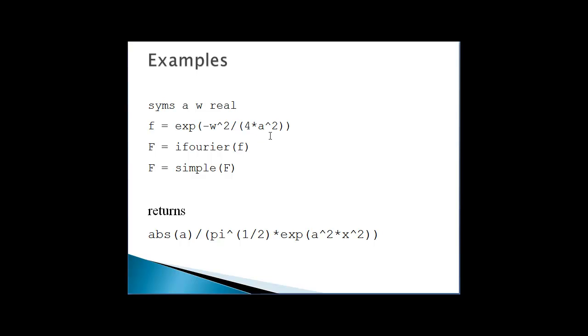One thing to be taken care of is that normally on paper and pen we have the function written as e to the power. But while declaring it in MATLAB we write exp and in the bracket the power. So keep in mind. Now for that we have to declare the variables that we are using. We are using a, w and real, so I am writing syms a, w and real. Then my function and my output will be equal to ifourier of f, inverse Fourier of f, and f equal to simplify of f also. So it will return the inverse transform of f.